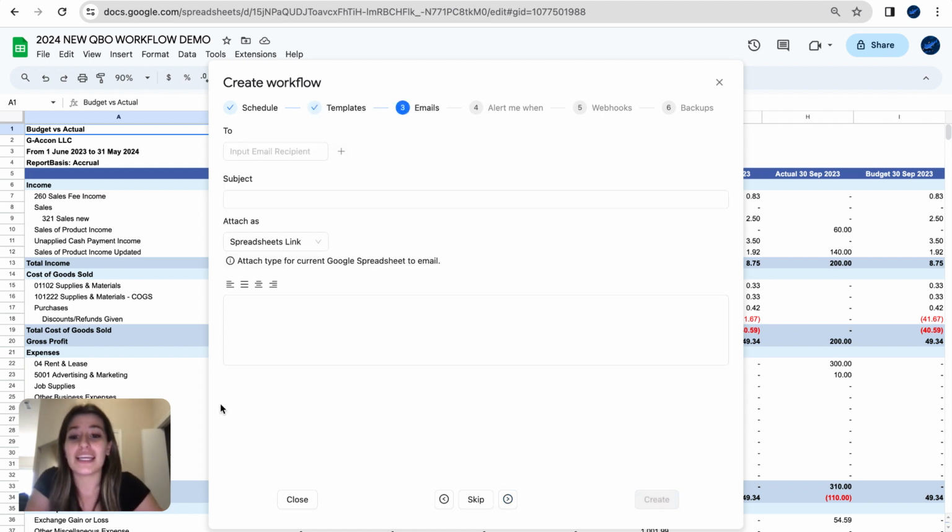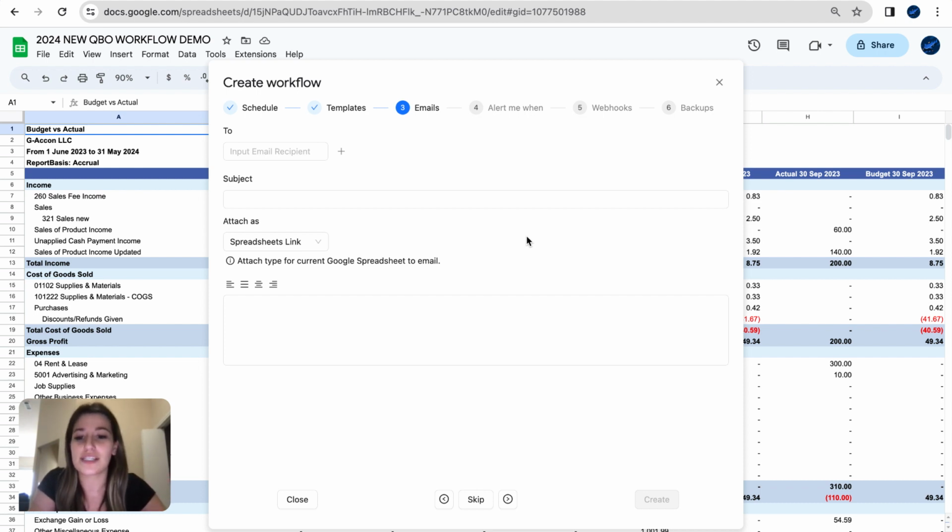Going on next, emails. So in this emails section, whoever I specify in this to box up here, they will receive an email every time my workflow has successfully run and come to an end. So you could put your own email in here. You could put internal colleagues' emails in here if maybe you're all working on reports together, or if you're preparing reports for an external client or somebody external to your organization, you could absolutely put their email in here as well. Giving it the subject and message of your liking, you're able to share updated data with whoever you'd like